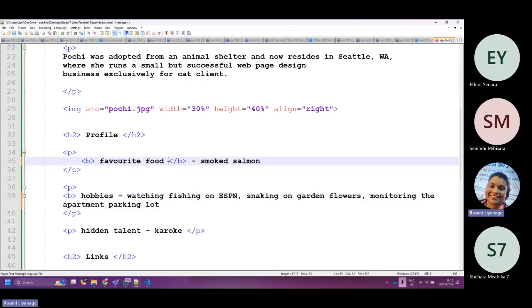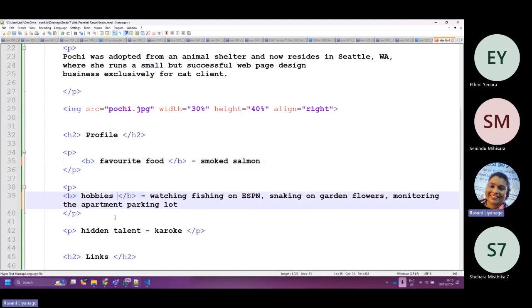Do the same for hobbies. The text that you bold would be in between the B tag.